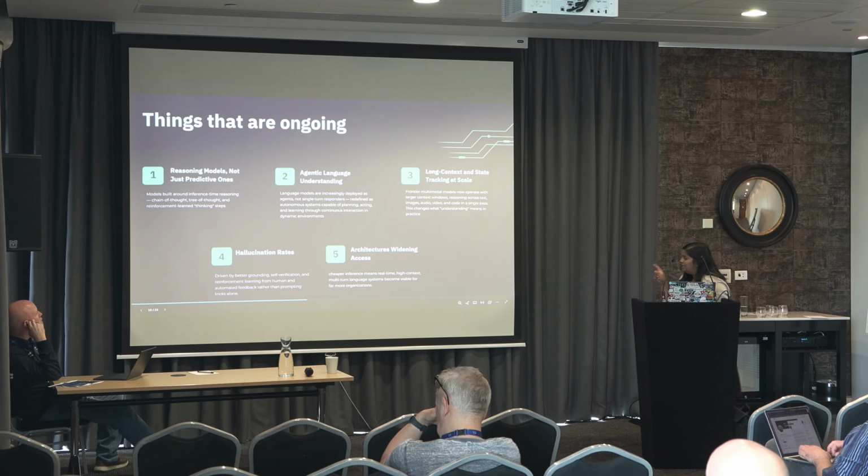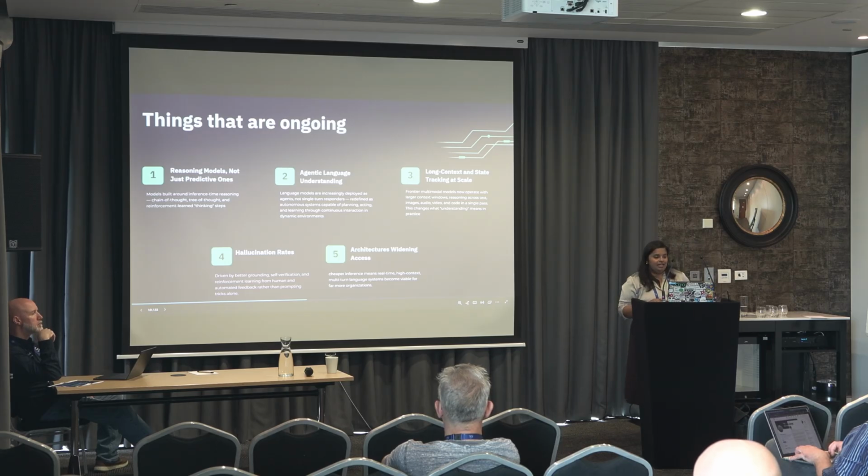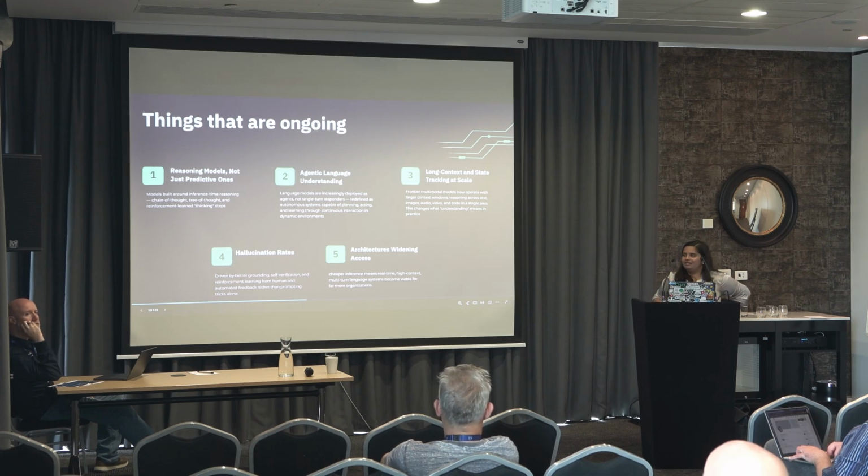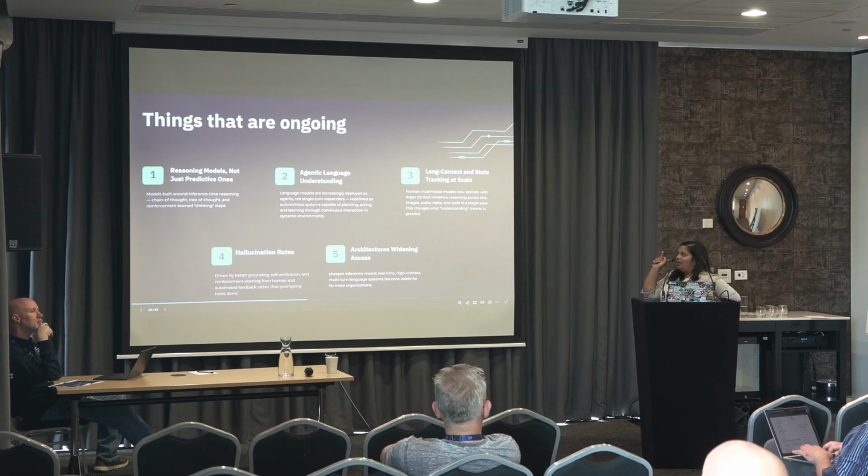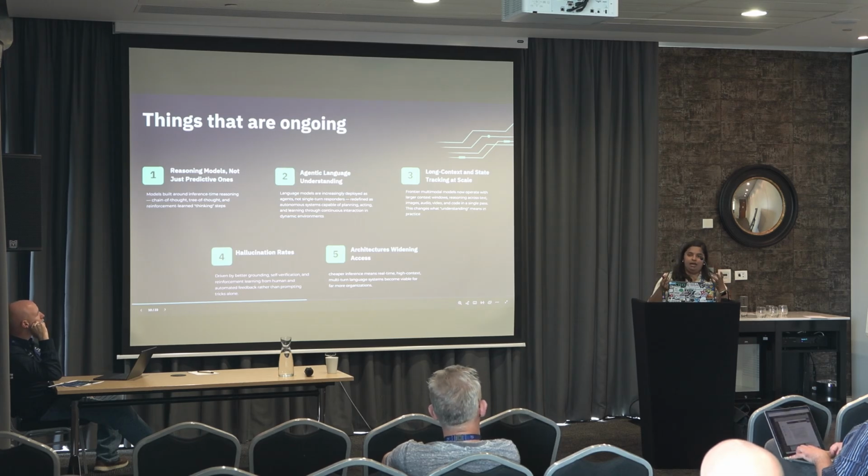The things that are ongoing in this area right now are these. The first one, as I said, is reasoning models, not just predictive ones, which means they are built around inference time reasoning, which means chain of thought prompting. Now, I have a question here. How many people have implemented chain of thought prompting? No one? I think I've seen it. Okay, I've used it, if you want to create your own environment that has chain of thought prompting. So with reasoning models there's now a lot of chain of thought prompting, which is like reinforcement based learning, and is part of how you build a generative AI system.